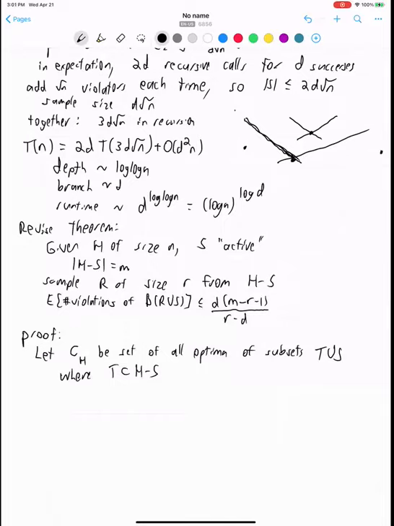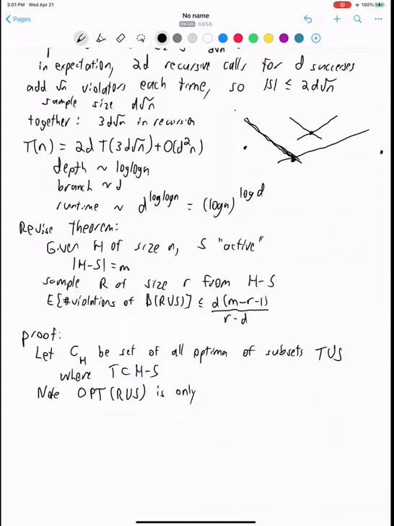So we're sampling a random subset of hyperplanes. It's going to be some T, and that sample, and we are going to find an optimum of that. So the optimum that we find in our sample is going to be a member of C sub H. Okay. Now note that the optimum of R union S